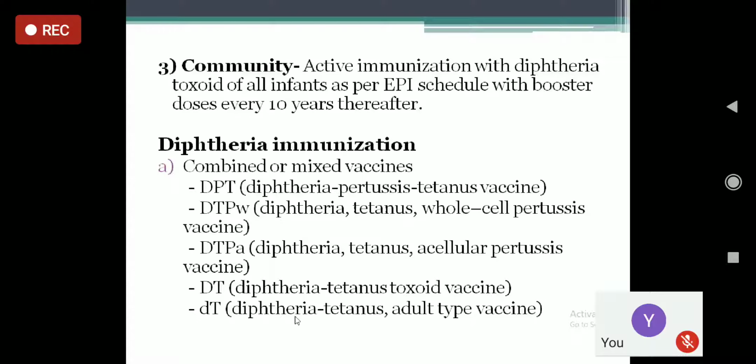So for the pertussis vaccine, once the child reaches 5 years old, there's no point in giving it because the child will not develop pertussis disease after that. So if a child of 5 years old comes to you and you have to give the vaccine against diphtheria and tetanus, you give the DT vaccine, and the lower one, small d and capital T, is the adult type vaccine. For pregnant ladies, I told you in the beginning of my class also, these days we give this TT vaccine, diphtheria and tetanus.